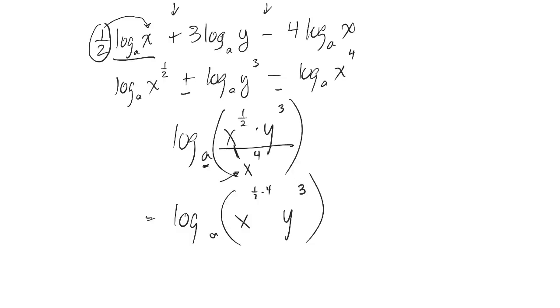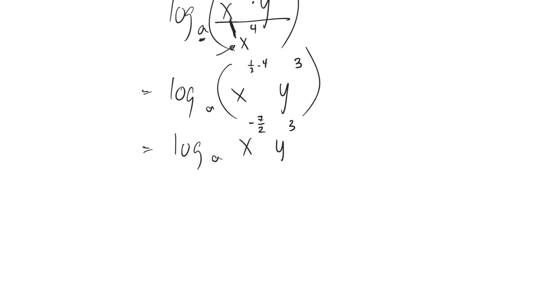Right, dividing common bases, subtract their exponents. And then 1/2 minus 4, I think that comes out to negative 7/2 y cubed. And again, right there, I'm looking fairly good, but typically they don't like you to have a negative exponent, so I'd probably put that down in the denominator. So leave the y cubed there and put that on the bottom of the fraction and make it a positive